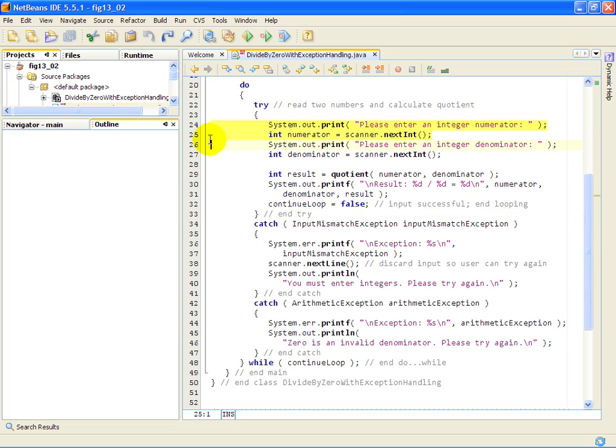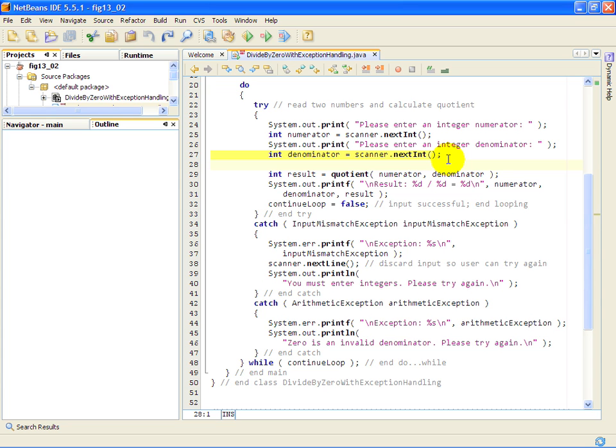At lines 24 and 25, we prompt the user to enter an integer and we read the integer in. Now, we showed you in the last program that at line 25 that could cause a problem. In particular, it could cause an InputMismatchException if the user, for example, types the string hello instead of an actual integer value. So this is a potential problem point in our code. That's why we've wrapped it in a try block. Also at lines 26 and 27, we prompt the user to enter another integer and to read that value. And just like line 25, line 27 may also cause an InputMismatchException, which is why we've enclosed it